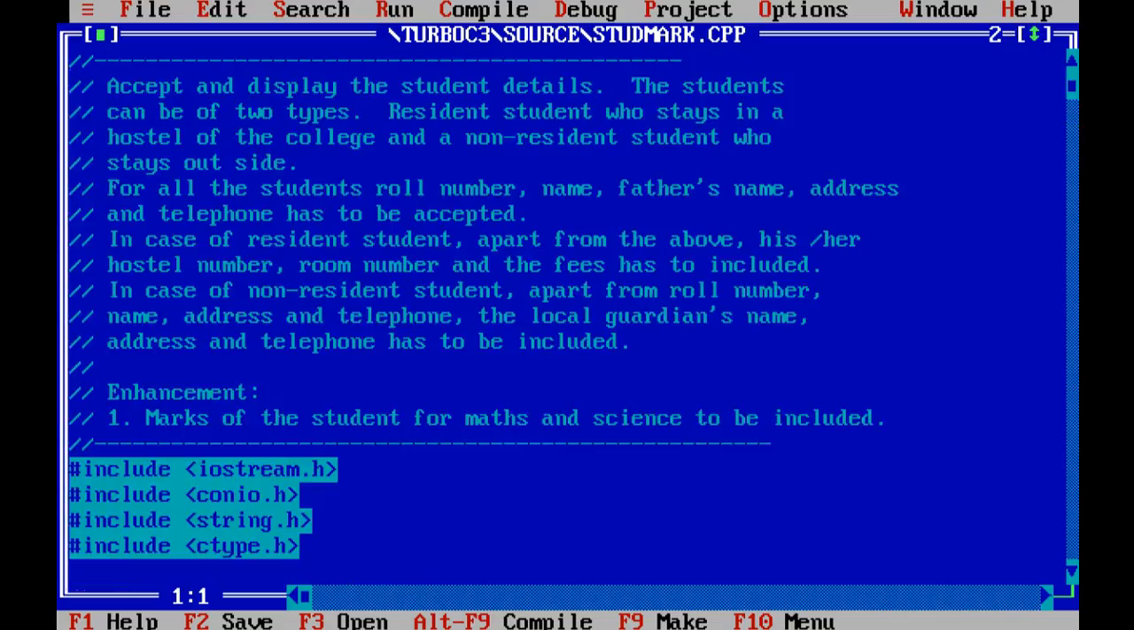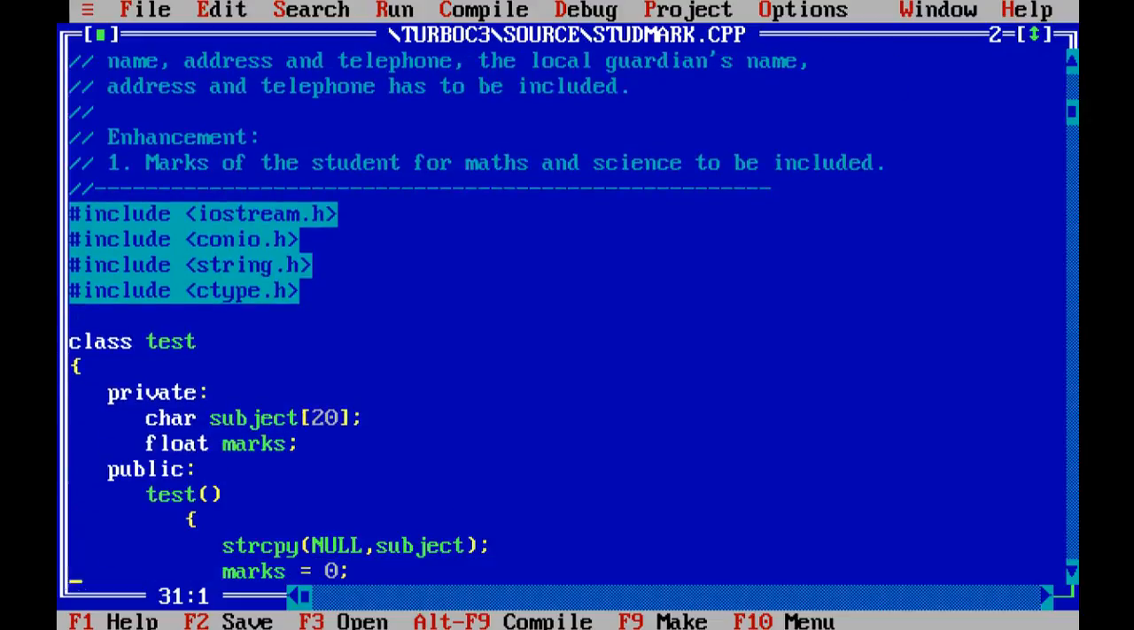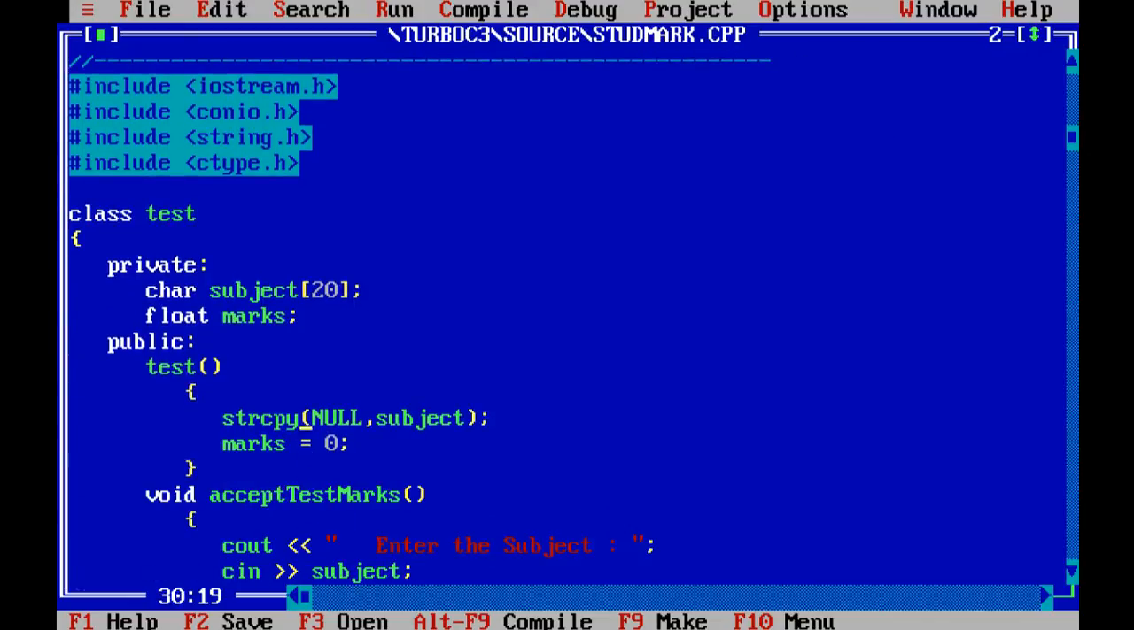Okay, this is the program that we had written in the last session. Let's say we have received an enhancement request from the college saying that marks of the student for maths and science are to be included. So marks will be for a test. So test is a concept that we have to incorporate in our program. So we create a class called test, which will have two data members, subject name and the marks, constructor of